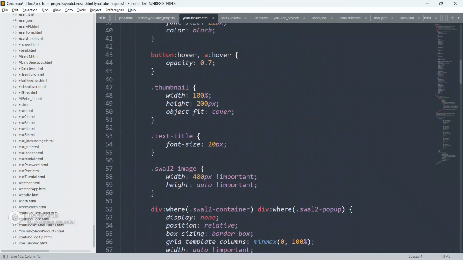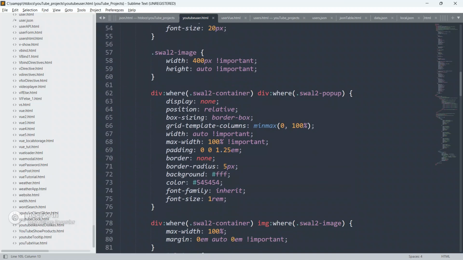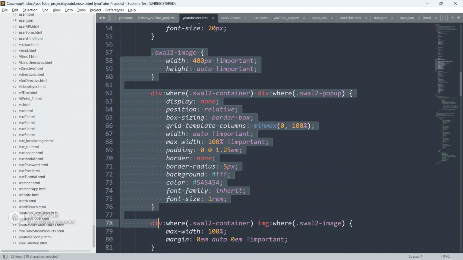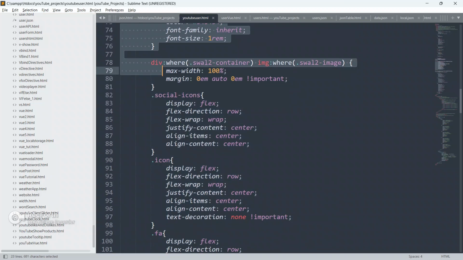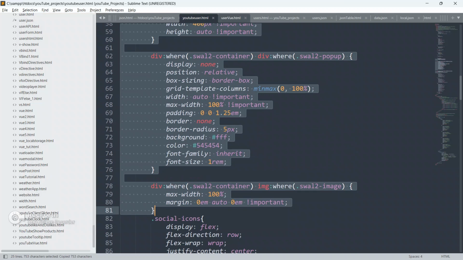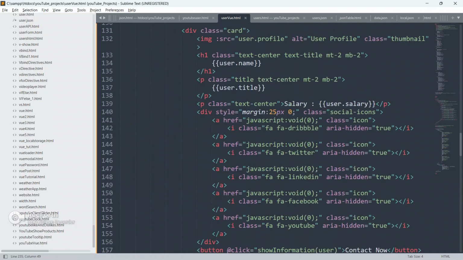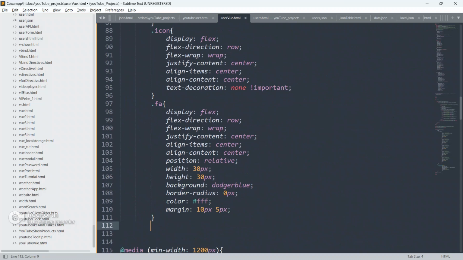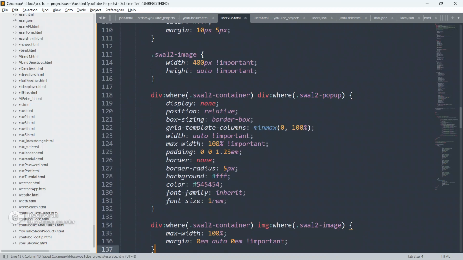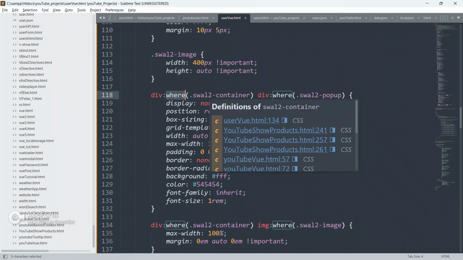So first of all guys, let me just go to the example and let me just paste some of the Sweet Alert predefined CSS. Okay, so I will explain you guys what is this. Just go to the style sheet and paste it here. See guys, this is the Sweet Alert image.